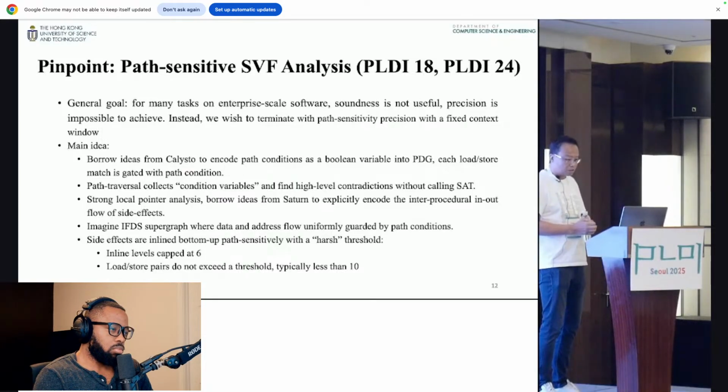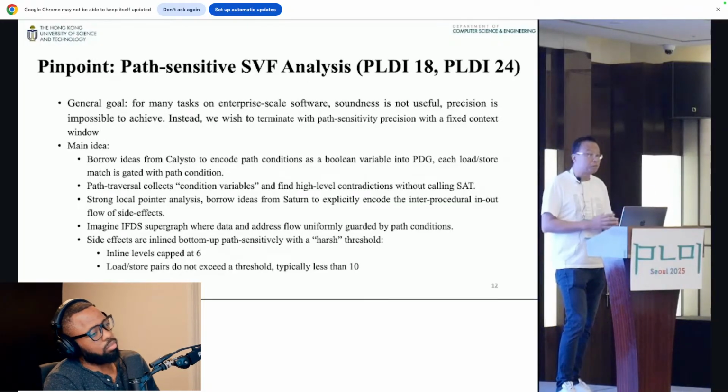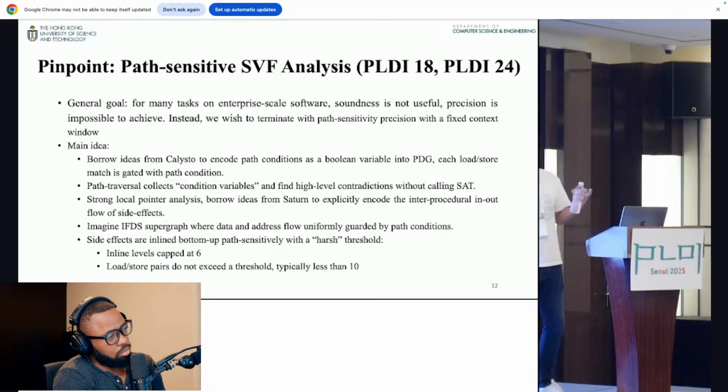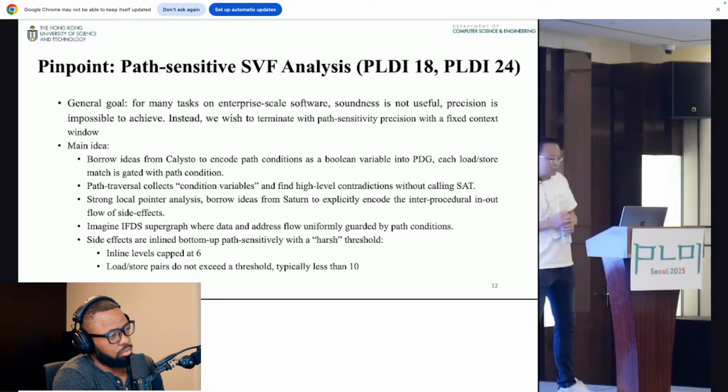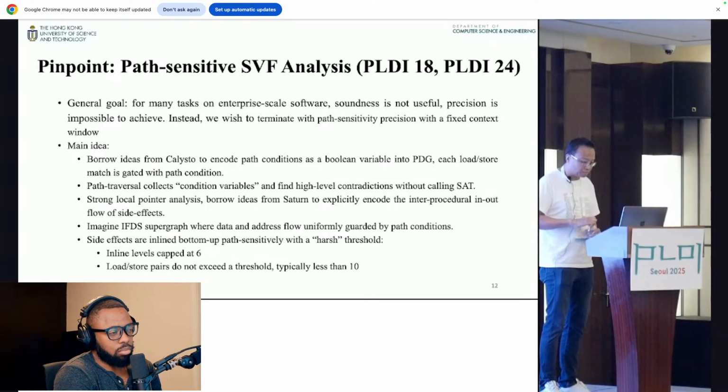Okay? So why do we do that? The end result is that, for those people who are familiar with conventional value flow analysis, you can imagine an RDS supergraph, but with pointers all resolved, and with path conditions encoded inside. All right? So that we can do one traversal of reachability query, and then we can collect everything into one query. We don't have to do a separate path-sensitive pointer analysis. We can do everything in one traversal, in one query.